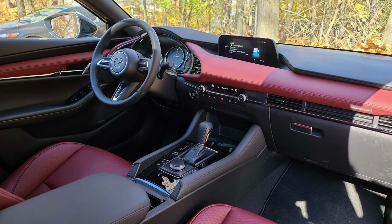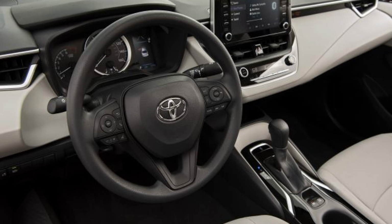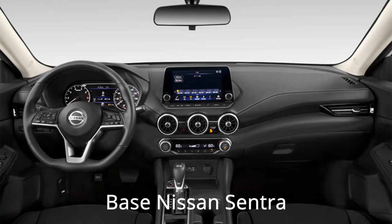And in fact, there are economy cars out there, such as the Mazda 3, Elantra N, and Toyota Corolla, that come standard with bigger screens. The base Accord's infotainment system matches that of a Nissan Sentra of 7 inches once again, and that's just unacceptable in 2023. But however, it does seem that all Accords get over-the-air updates, so I guess that's an upgrade over